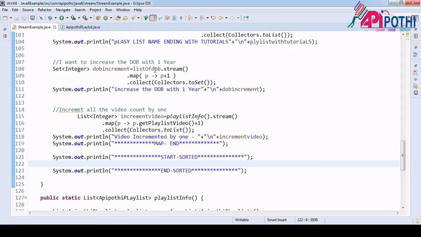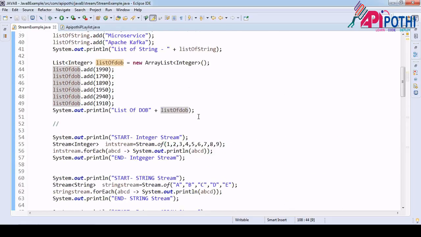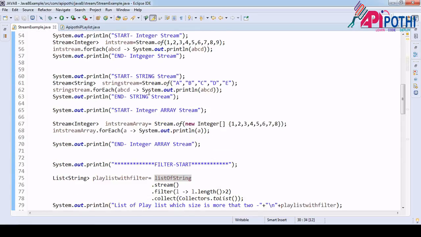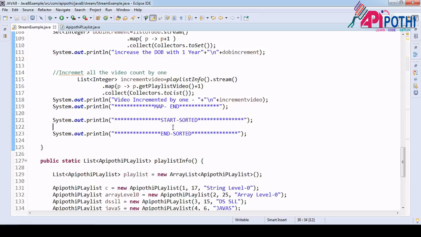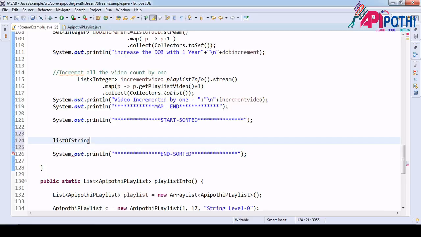object. Okay, any object we will be having here. First one is that, okay, let it be from here only, no difference, list of string. Okay, so for that what we will do is that here, list of string, I want to sort this one as a default natural sorting order. Okay, so this is the raw data.